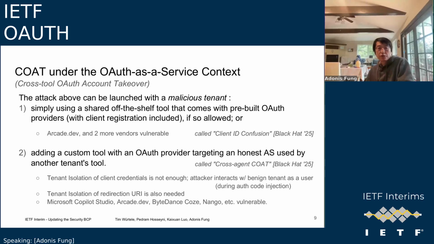So think about we have Arcade and Composio, different OAuth as a service contexts. There are even crazier attacks where this platform, if you see number one, is pre-building some off-the-shelf tools with even the OAuth providers fully completed, meaning that this company is selling that, okay,